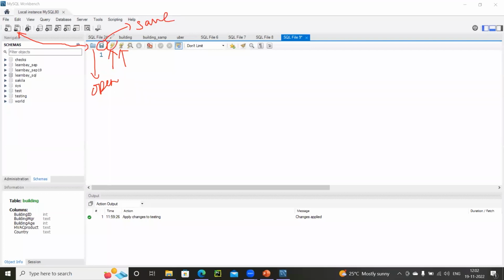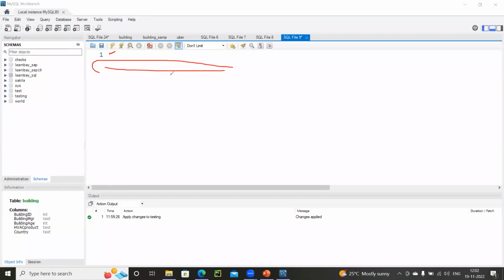And this lightning symbol, can you see? The lightning-based symbol, which is in yellow. That is mainly used to run a command. I will write a command, then I have to select that particular line and click on this. Then the command basically gets executed.